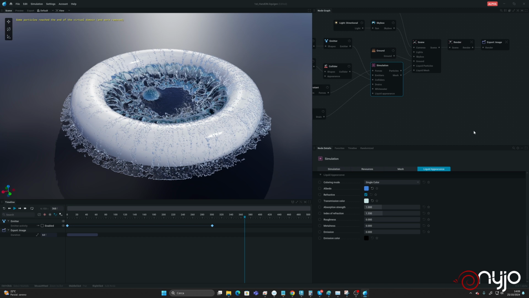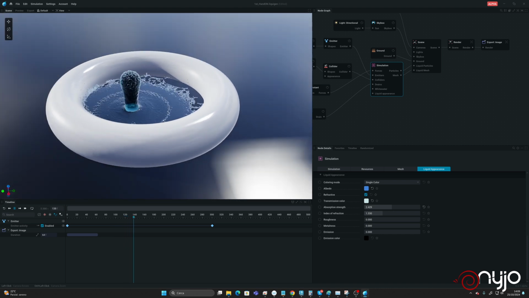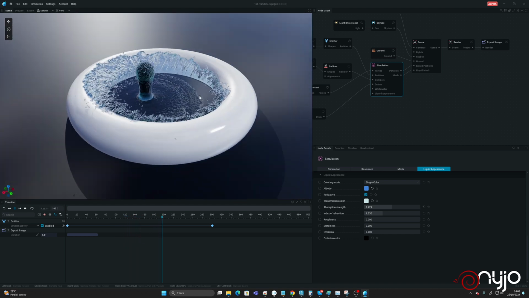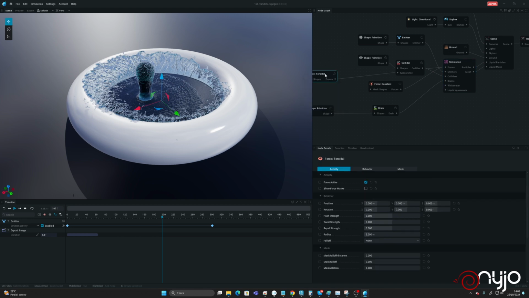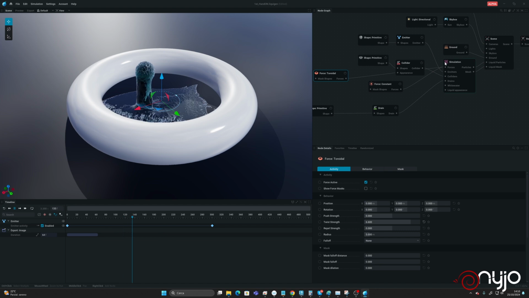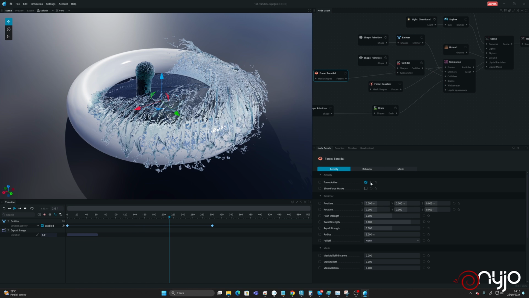Let's go into the liquid appearance to tweak a little bit to have a little more absorption. Okay, and I have to say that the quality of the simulation is really not bad. Let's say that we have another force. This one is the gravity. Let's add another force, and let's say that we have maybe a toroidal. Okay, and we see that the twist is really high. Let's see what happens. You see that everything is rotating really fast,